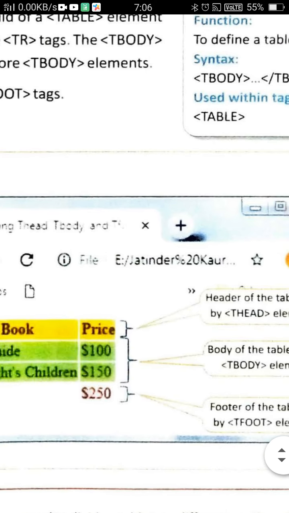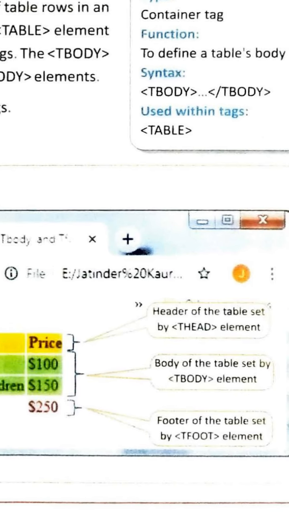Here you can see the header in yellow color: the header of the table is set by the T head, the body of the table is set by the T body, and the footer of the table is set by the T foot.